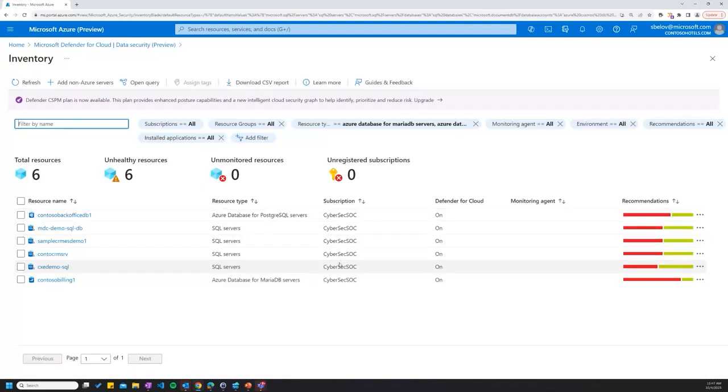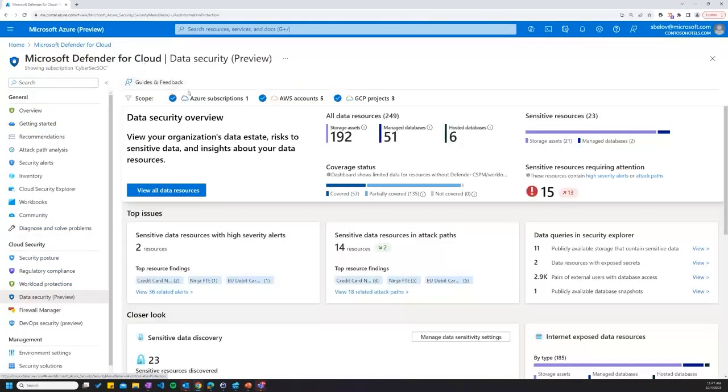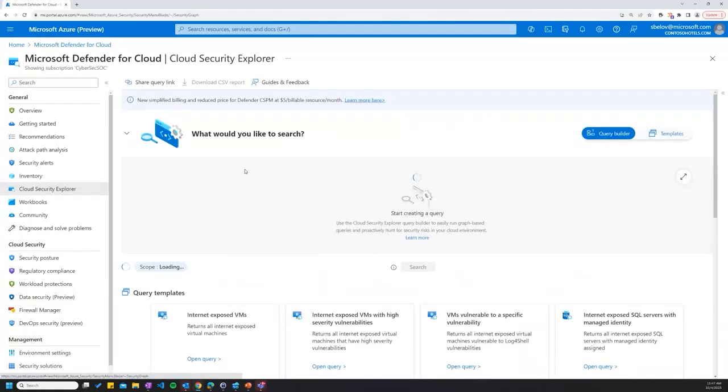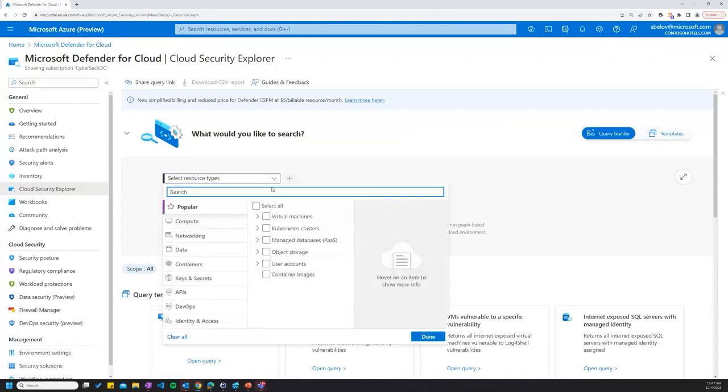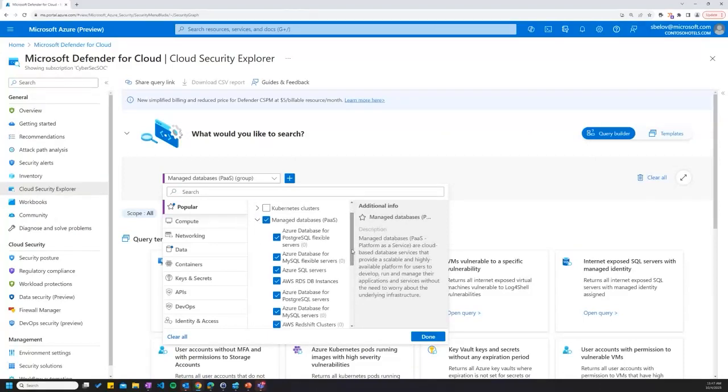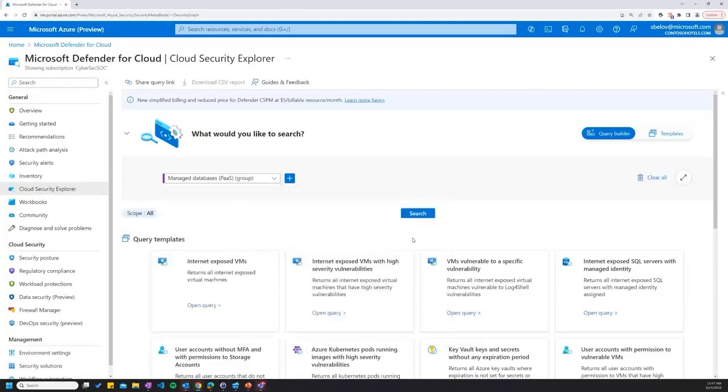How can I actually see if I have any databases that contain sensitive information? The easiest way to do so is by going to Cloud Security Explorer and just use the filter or query builder, let's call it this way, and just ask Defender for Cloud, show me all the managed databases. And this managed databases category includes Azure databases as well as RDS instances. And if I click search,